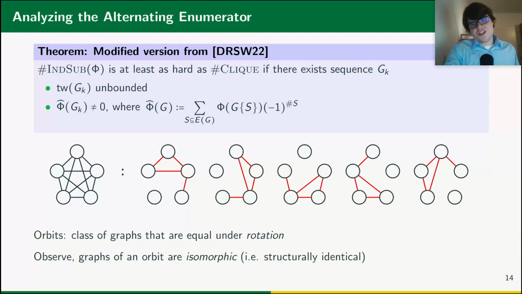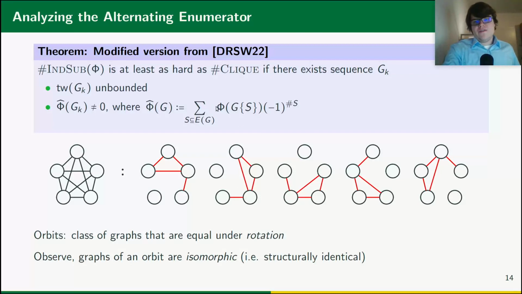If you look at the following induced subgraphs, then you might find a pattern. And actually they are all the same edge subgraph. All of these edge subgraphs are exactly identical. They are just rotated versions of each other. So we basically take a graph and rotate it a few times to get 5 copies of this graph. From a group theoretical point of view, you can describe this rotation as a group action on the vertices. And the important part is that all of these graphs are isomorphic, meaning structurally identical,